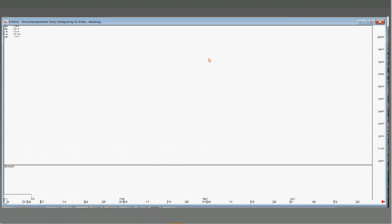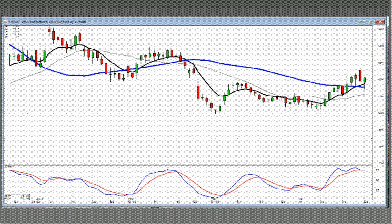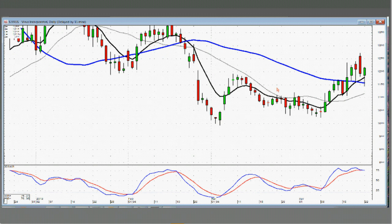Vivus was one that we recommended a few days ago because of this T-line crunch type move. Notice what they did. Here's a left-right combo. A doji with just barely a bullish engulfing signal, but at worst it's a doji followed up by a bullish confirmation. Number one, every time we analyze a buy situation,